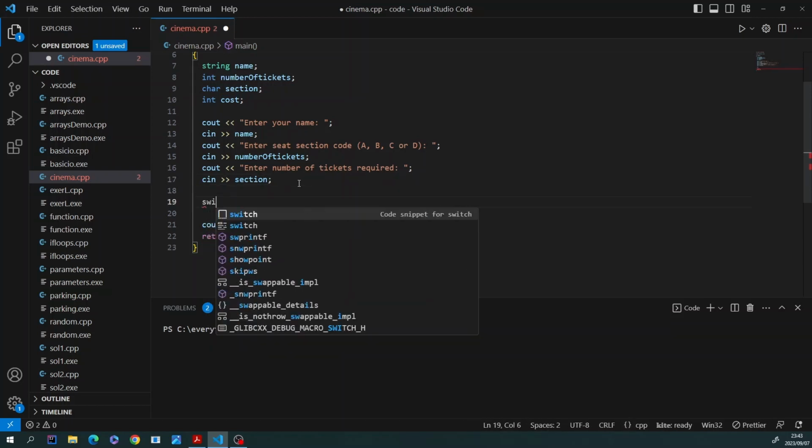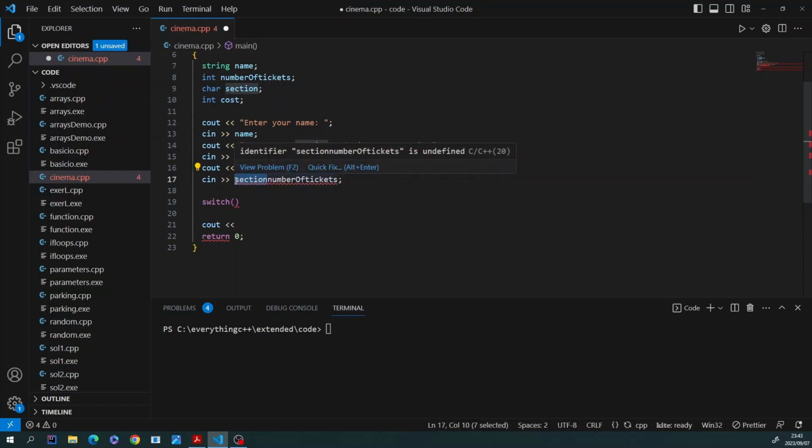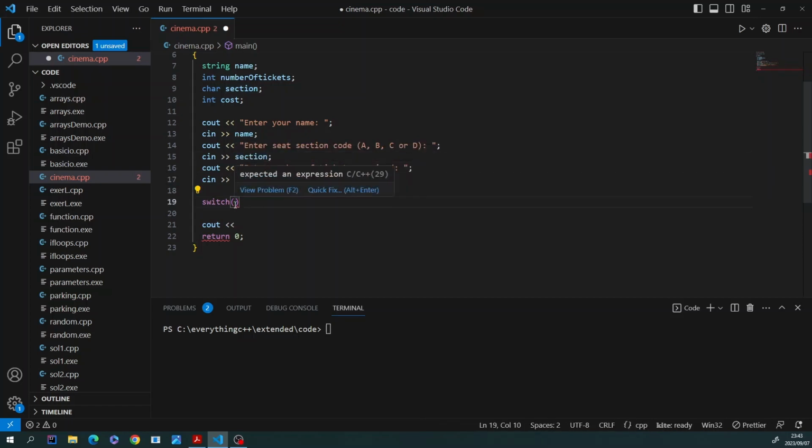So switch, and then I'm going to take the, I think I have swapped these statements here. So this one should be here, and then the section should be up here. Then I'm going to take the section,